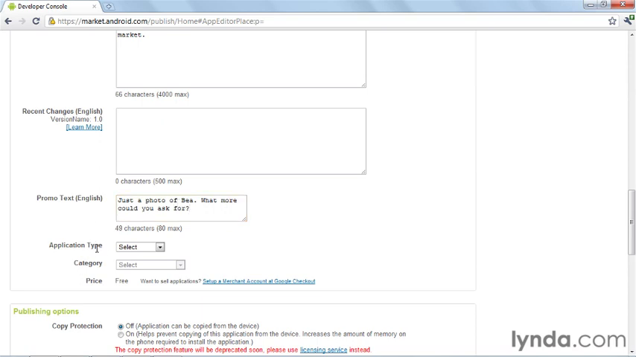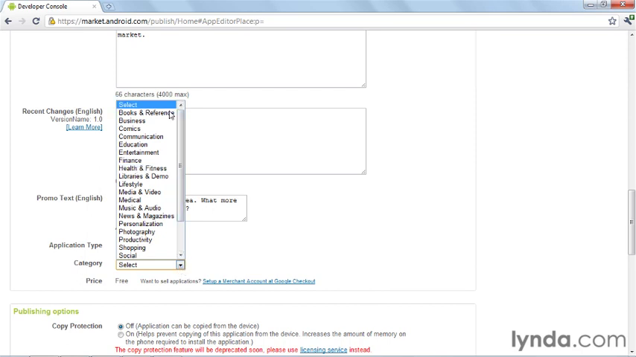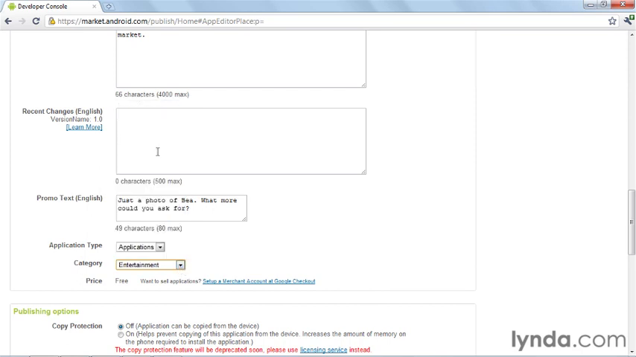And for application type, we're going to check between applications or games. This is obviously an application. For category, again, you want to choose the correct one for your app. We're just going to call it entertainment. And by default, obviously the price of this application is free. If you wanted to charge, you would then have to go and set up a merchant account with Google Checkout, which is very easy to do. But in our case, we're going to release